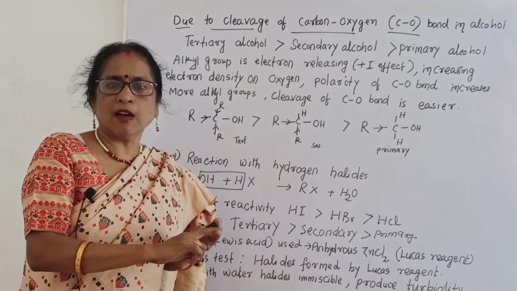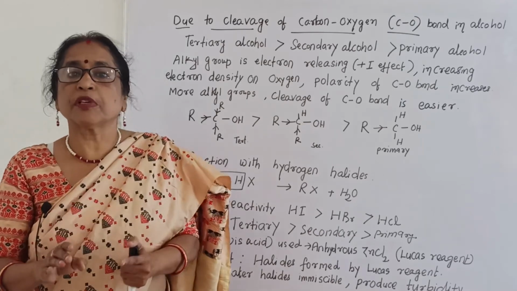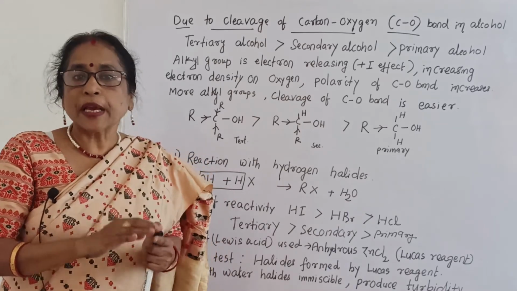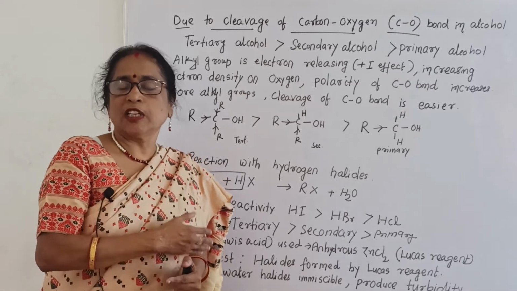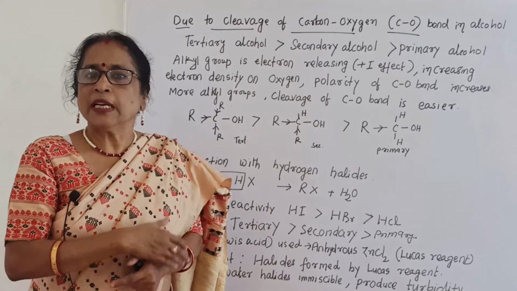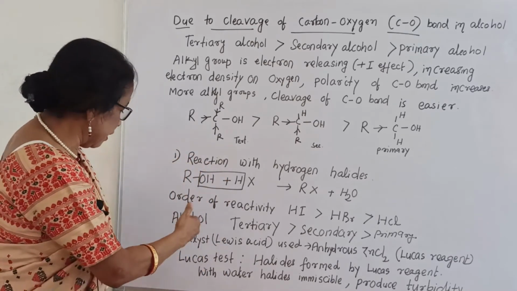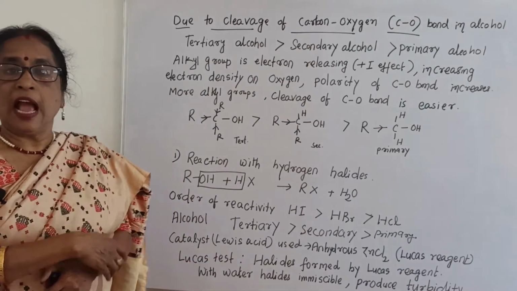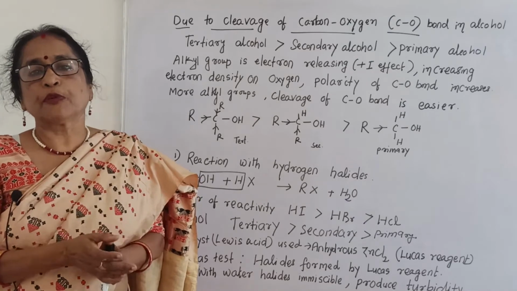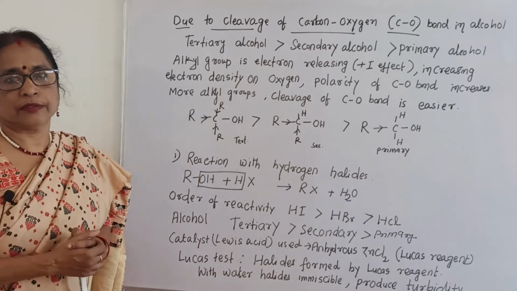But primary alcohol, secondary alcohol and tertiary alcohols do not produce turbidity in the same time or at the same temperature, because tertiary alcohol is more reactive, so turbidity forms immediately, while secondary and primary require some temperature. Lucas test, again I will explain properly how it is helpful to distinguish primary, secondary and tertiary alcohol.